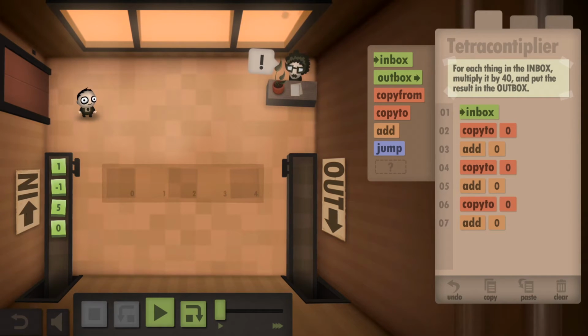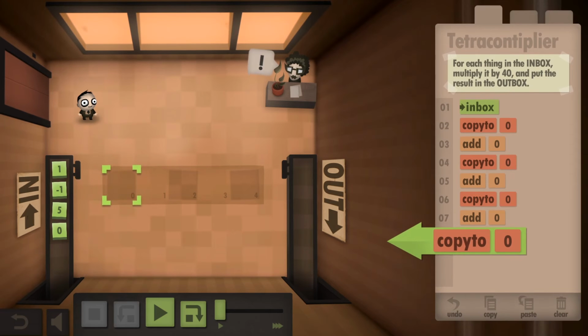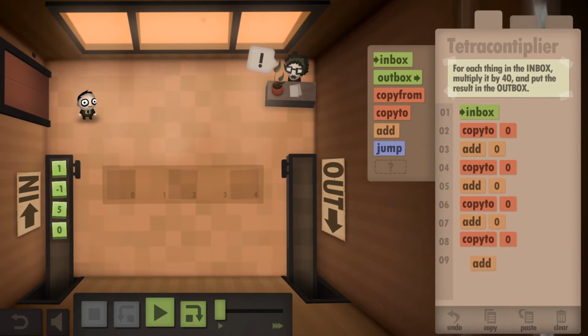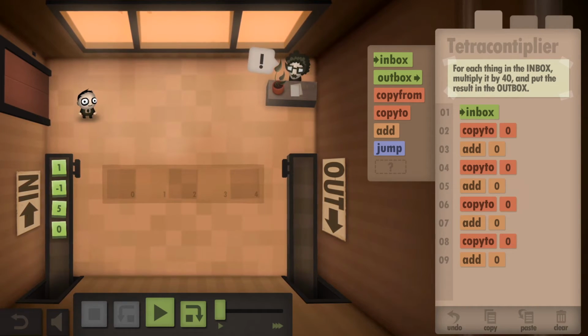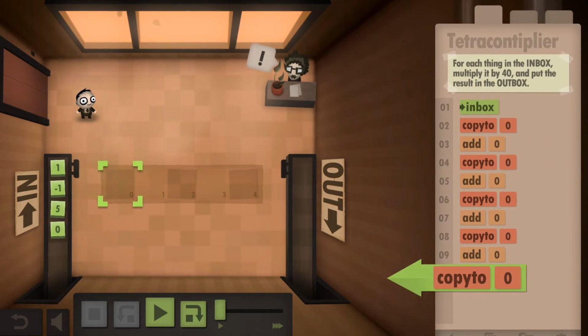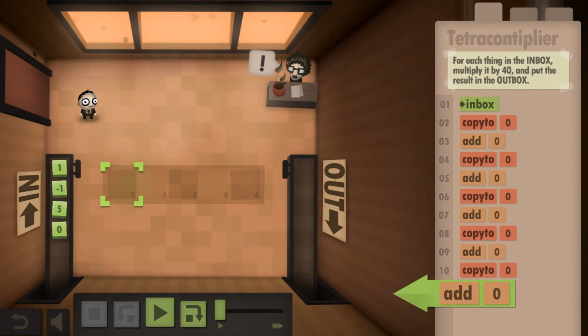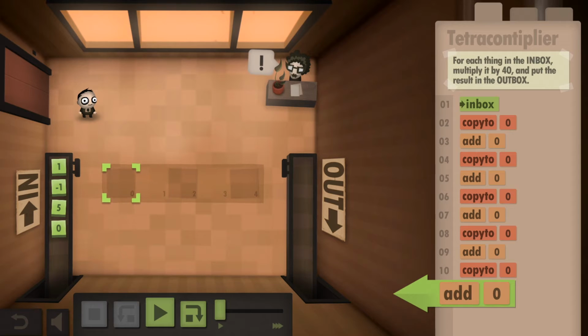That gets us to the 8th. Go again. Okay, so that's times 8 there. That should be times 16. We'll do it again. That's multiplied by 32. But now we need an additional 8. So